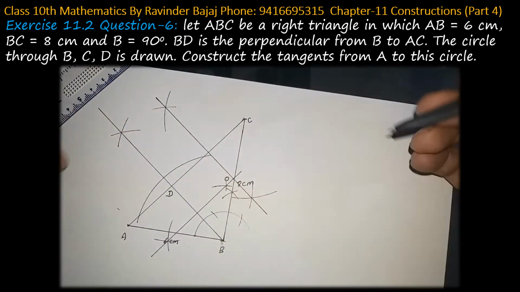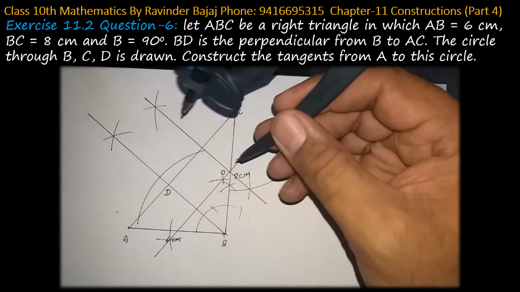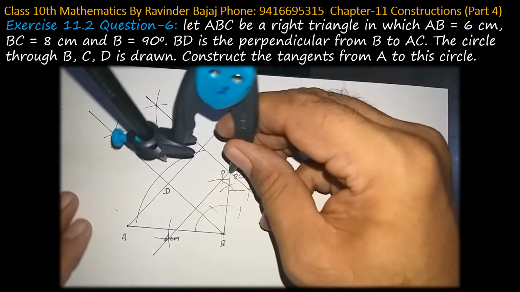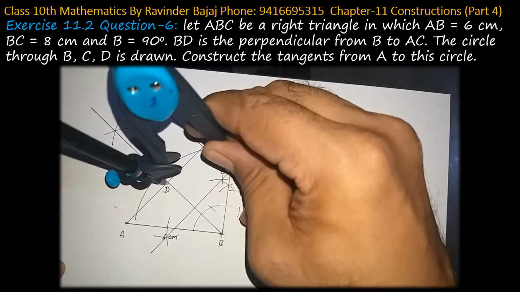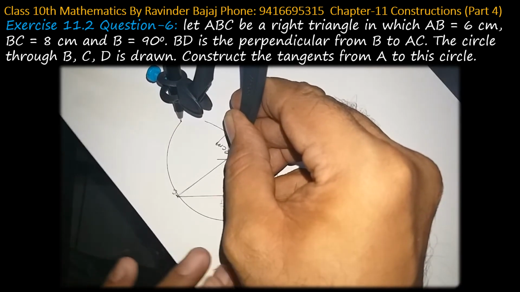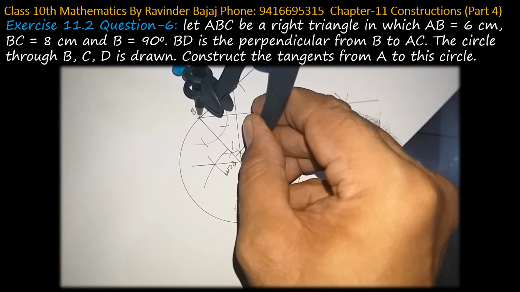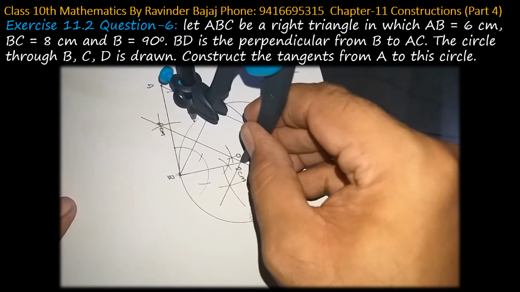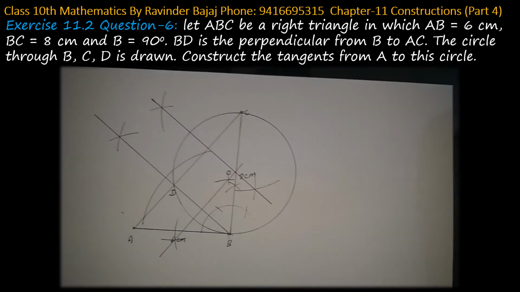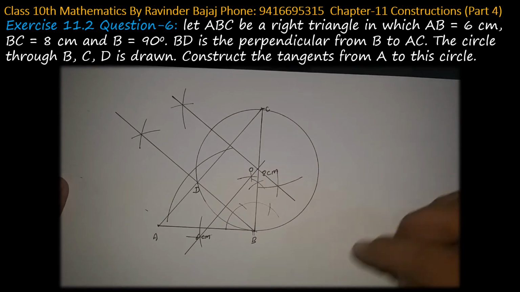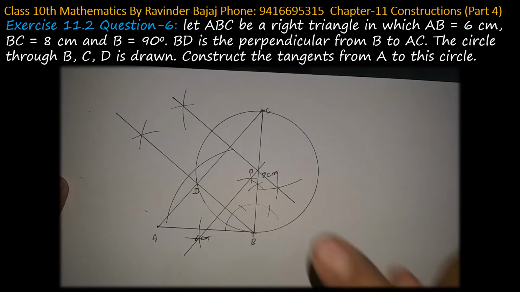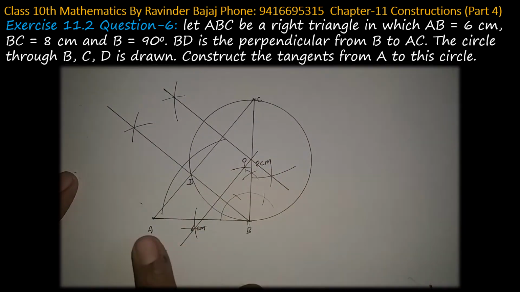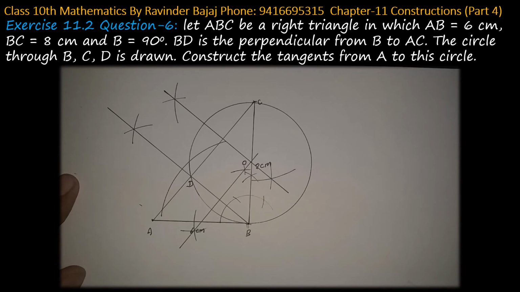Yes. So draw a circle, keep your compass at point O and draw a circle which will pass through D, C and B. See, it is passing. So this is passed from all 3 points. Okay, now this is the required circle and we need to draw 2 tangents on the circle from point A. This is the rest of the part of the question.